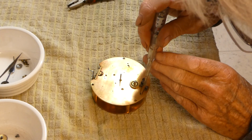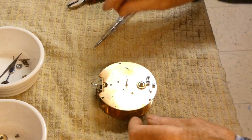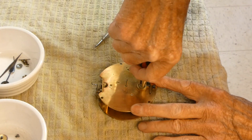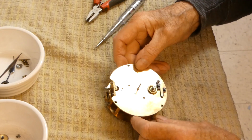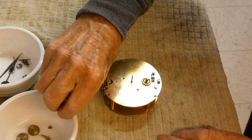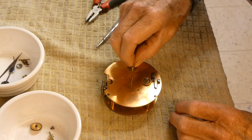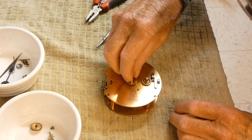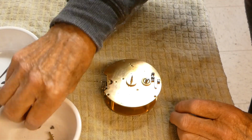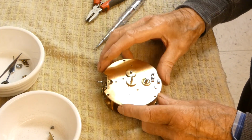Now I can do this one. Right, that should be alright now, and the ratchet works fine. Okay, now comes the actual gearing for the minute hand and the hour hand and so on. And first one on was that one on the centre, which was a bit stiff, and you've got to make sure it twists all right. It does. And the other one drops in that little hole, and the two now engage